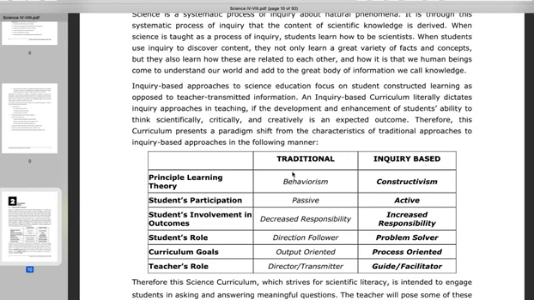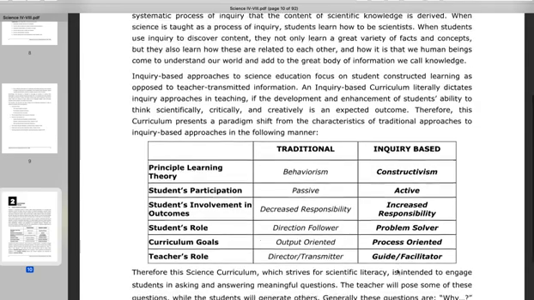और कैसे वो डिफरेंट है ट्रेडिशनल अप्रोच से इन द फ्रेमवर्क ऑफ थियरी। कैसे स्टूडेंट्स जो हैं ट्रेडिशनल क्लासरूम में एक्ट करते हैं और इंक्वायरी बेस्ड क्लासरूम में एक्ट करेंगे। स्टूडेंट की इन्वॉल्वमेंट क्या होगी आउटकम में, ट्रेडिशनल क्लासरूम में क्या होती थी, इंक्वायरी बेस्ड में क्या होगी, स्टूडेंट का रोल क्या होगा, करिकुलम के गोल्स कैसे दिखेंगे, और टीचर का रोल क्या था ट्रेडिशनल क्लासरूम में। और अब जब नई क्लासरूम बन रही है नई फ़िलासफ़ी की बेस पे, इंक्वायरी बेस पे, तो वहाँ टीचर क्या करेगा? क्या वो वहाँ डायरेक्टर और ट्रांसमीटर होगा या गाइड और फैसिलिटेटर होगा? सो उन्होंने इंक्वायरी बेस अप्रोच को एक एक्सटेंसिव तरीके से डिफ़ाइन किया है और कि वो मल्टीपल रोल में कैसी दिखेगी।